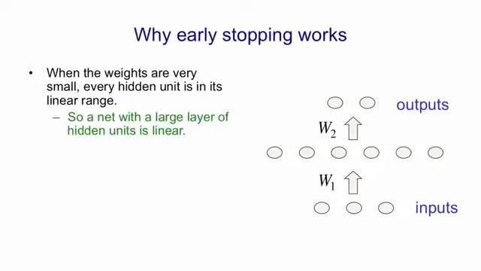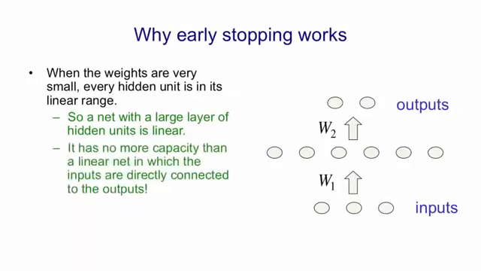So if you multiply that weight matrix W1 by the weight matrix W2, you'll get a weight matrix that you can use to connect the inputs to the outputs. And provided the weights are small, a net with a layer of logistic hidden units will behave pretty much the same as that linear net, provided we also divide the weights in the linear net by 4 to take into account the fact that when the hidden units are in their linear region they have a slope of 1/4. So it's got no more capacity than the linear net. Even though in that network I'm showing you there's 3 times 6 plus 6 times 2 weights, it's really got no more capacity than a network with 3 times 2 weights.